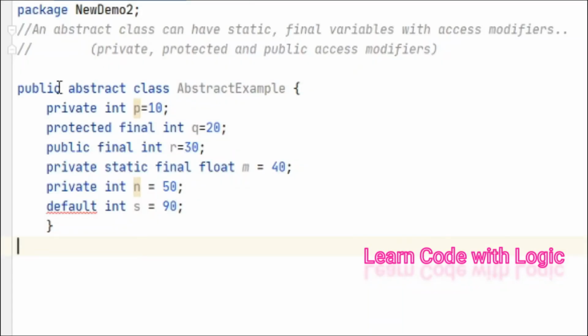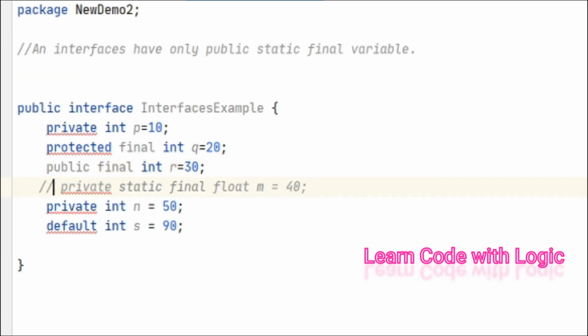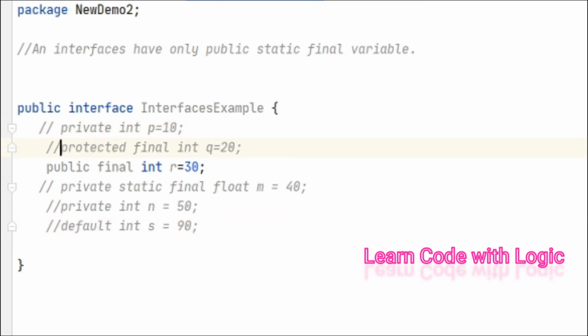You can see the abstract classes pretty much have static final variables along with the access modifiers private, protected, public, except this default one. If we see interfaces, they allow only public, no private, no default and no protected access modifiers.